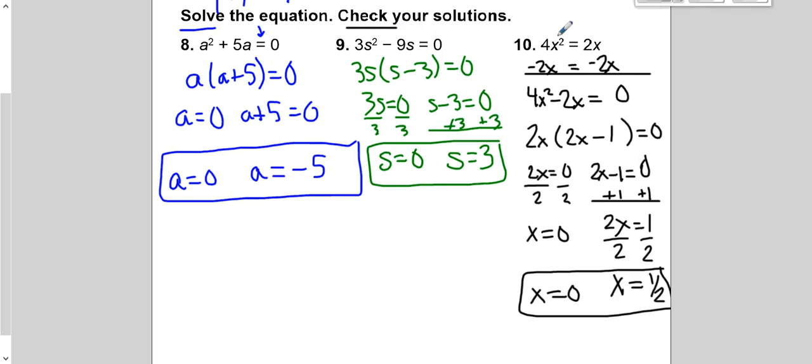Now, it said to check your solutions. You just want to check and make sure that if you put in one of the numbers in the entire equation for x, that you get the same thing. You get the same thing on the left and the right. So if we put in a 0, that'd be 4 times 0 is 0. Over here we'd have 2 times 0, that's 0, so that one checks. If I put in 1/2,